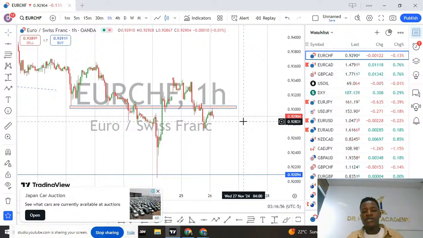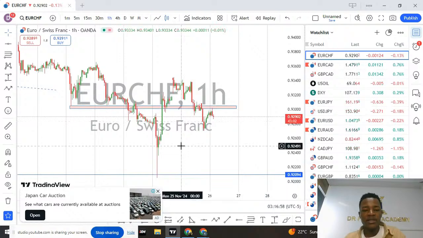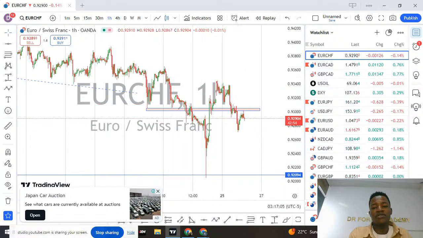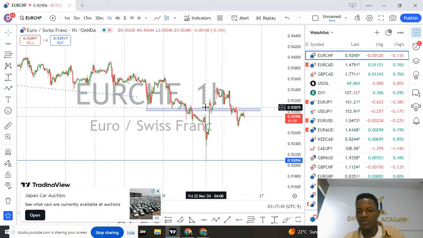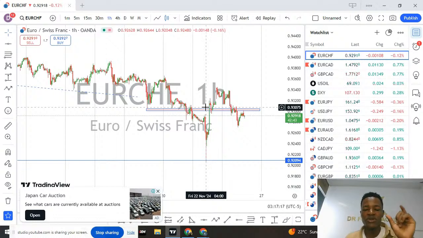So let me just summarize this. On EuroCHF, I said a single movement doesn't guarantee for me to change the whole bias because there's no reversal structure. On EuroCHF this market has been very bearish, and just a single bullish candlestick doesn't guarantee for me to change the whole bias. This is the whole perspective you have to be checking in your forex trading. Just a slight movement, maybe one candlestick or a 2-hour candlestick, doesn't guarantee that the whole structure or the direction of the market has changed. Note that changing the direction of the market is about the whole structure.